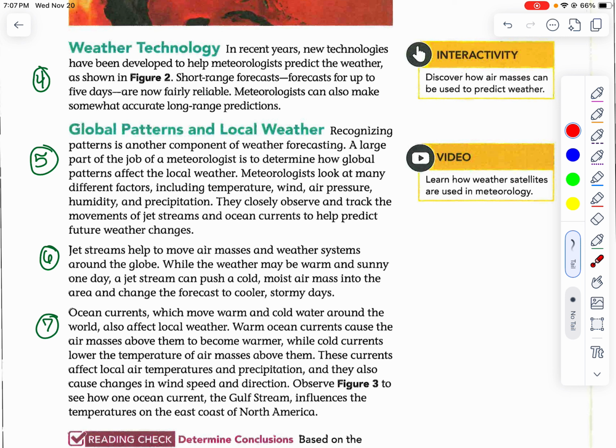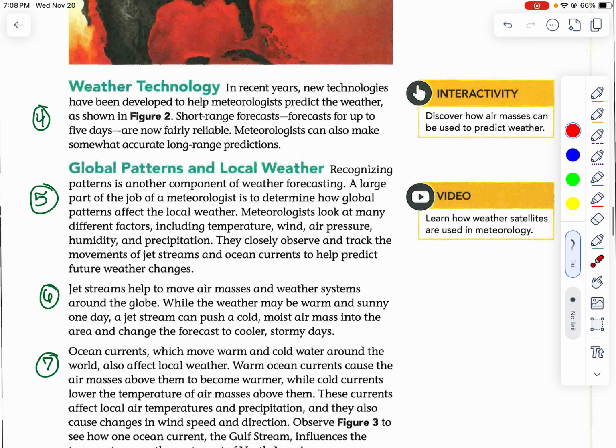Paragraph 7. Ocean currents, which move warm and cold water around the world, also affect local weather. Warm ocean currents cause the air masses above them to become warmer, while cold currents lower the temperature of air masses above them. These currents affect local air temperatures and precipitation, and they also cause changes in wind speed and direction. Observe Figure 3 to see how one ocean current, the Gulf Stream, influences the temperatures on the east coast of North America. So,